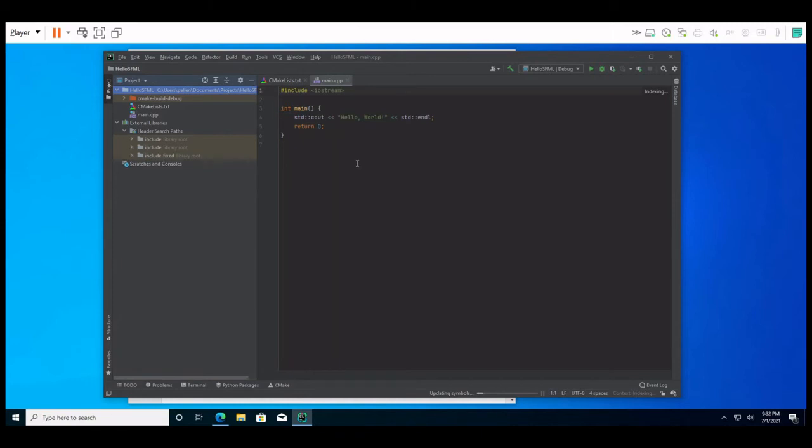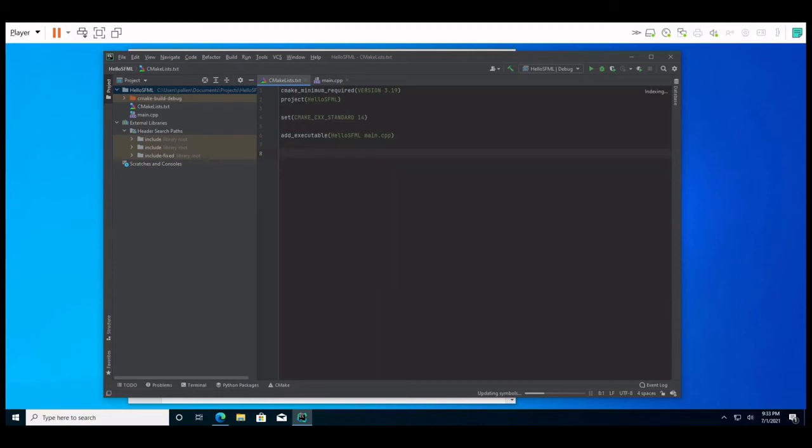All right, so what we want to do is we need to modify this make file so that it can see the SFML libraries. Now the make file is like a script for the compilers. The build process. It tells the compiler and the assembler and the linker what to do. So we just have a couple of things that we need to add to this so that it can see our SFML libraries. Now I'm not going to go too much into explaining this since it's really kind of beyond the scope of this tutorial. We just want to get this thing up and running so we know that we have a good installation. Then we'll have future tutorials on using